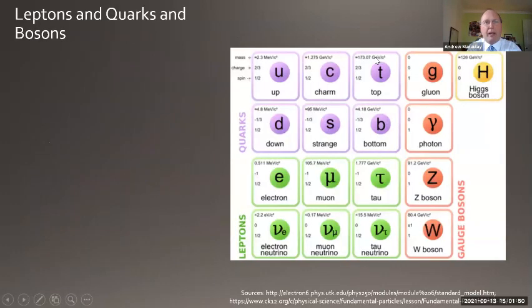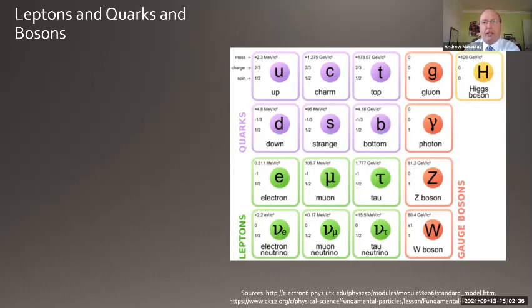I'm just going to move on a little bit and talk about leptons, quarks, and bosons. This picture here is the standard model of matter. We'll notice that some of these we're familiar with. For example, in the left-hand column in green is the electron, a fundamental particle. But we've also come across photons in the orange column, the 4th column, the 2nd one down. We've also come across muons, and we can see neutrinos at the bottom.